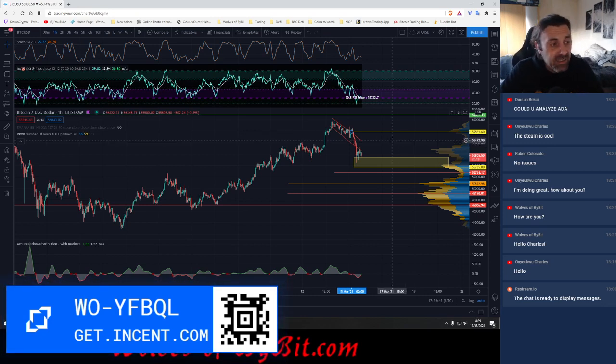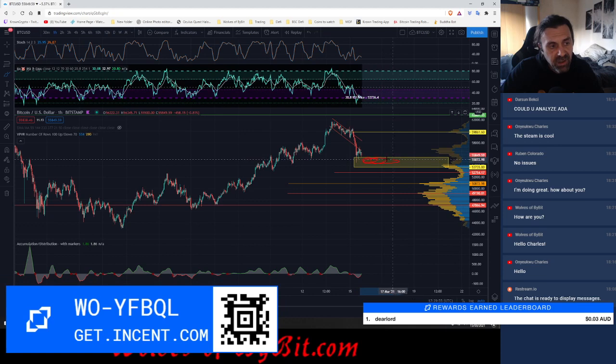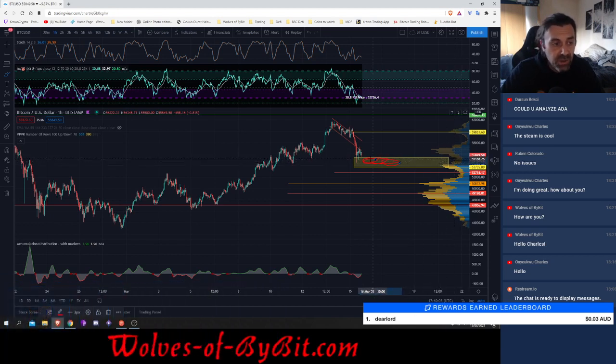So basically, this is more or less the situation that we are presented with. The yellow area, and it's very simple, it's very straightforward. The yellow area, this is your last potential area for support. As long as the price doesn't break through this yellow area, and that would be at 53,750, give or take, we are still good and we will still see an uptrend.